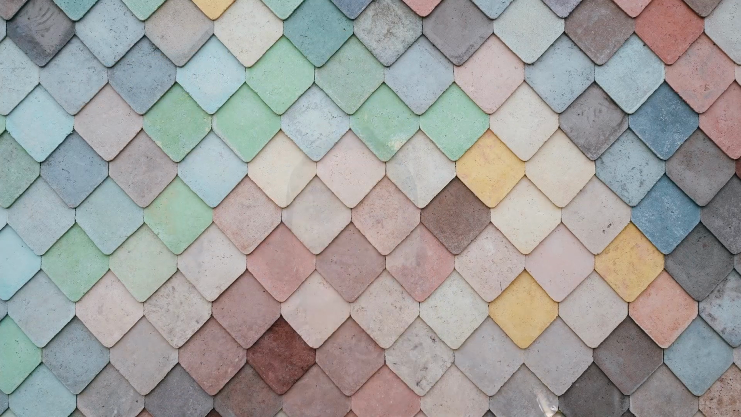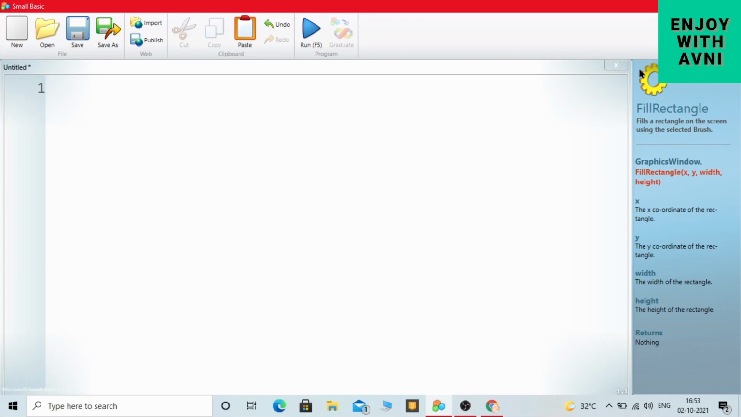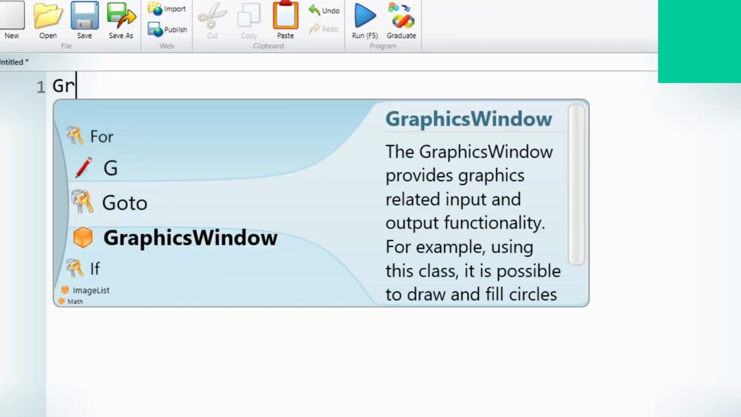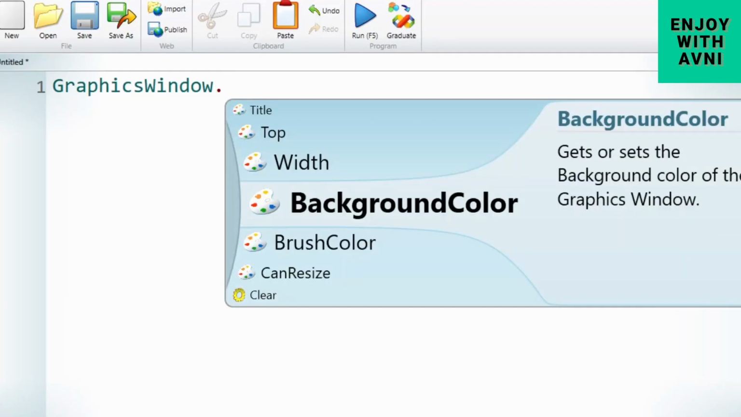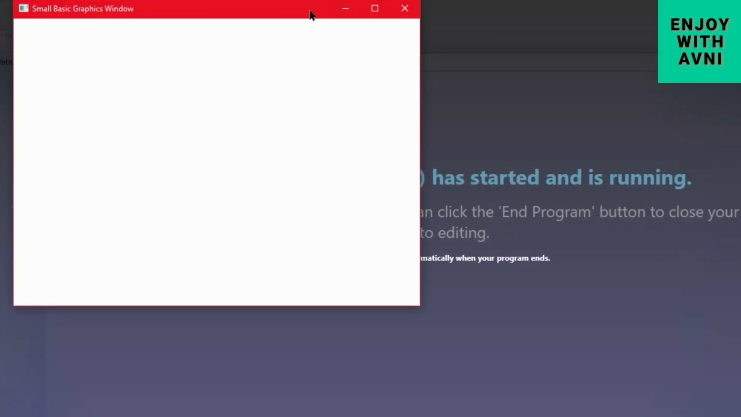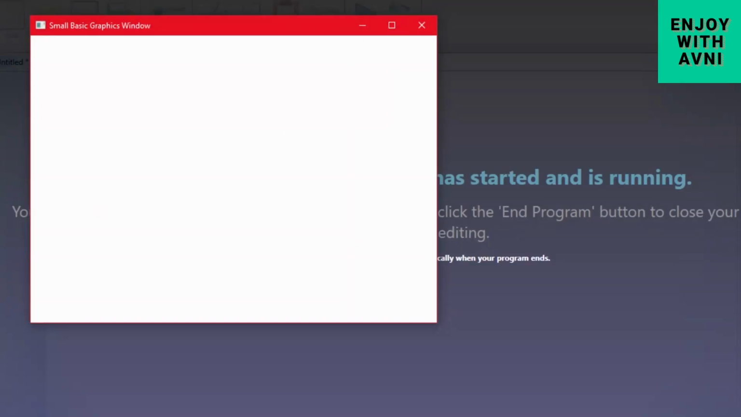So let's get started. For creating graphics and small basics, we will use the graphics window. Here write graphicsWindow.Show. If you run it, a default screen of the graphics window will appear. If you want to change the height and width of the screen,